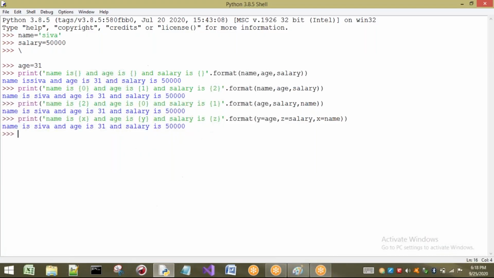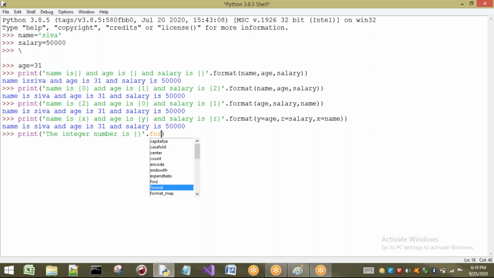Now I will take the examples. I want to print one number, and for formatting I will use the replacement operator. I want to print an integer number using the dot format method.